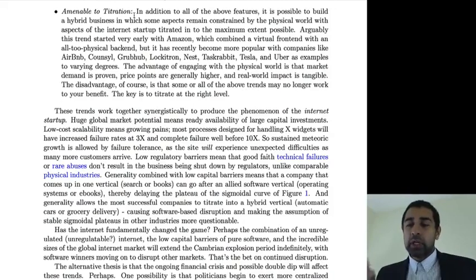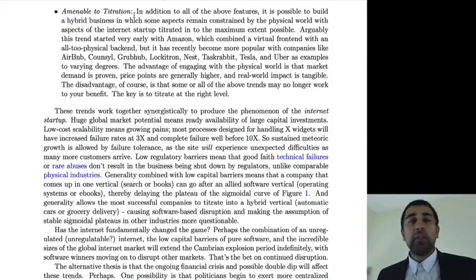Now the key is, of course, any physical layer that you add is going to introduce friction, it's going to introduce costs, and it's going to become a very important part of your business. But if you think of it as almost like a device driver, in the same way that you hit enter and the software will tell your hard drive to move the platter around somewhere, or you hit enter and it will turn on a light or not, you think of that physical layer as an actuator, and it's controlled by software. And that's a very, very useful way to think about how you should do business going forward.